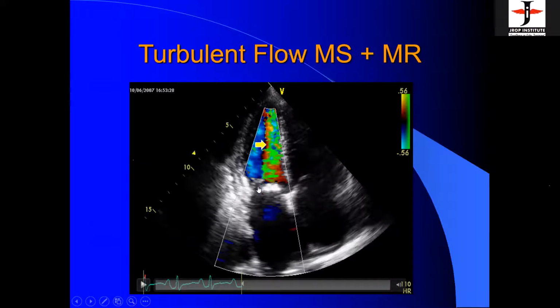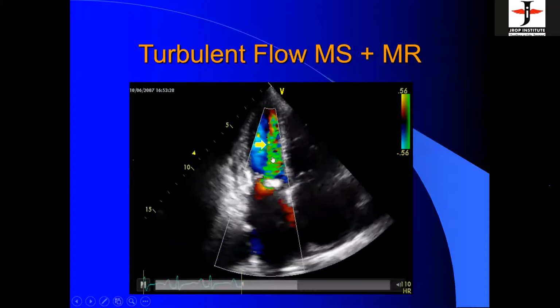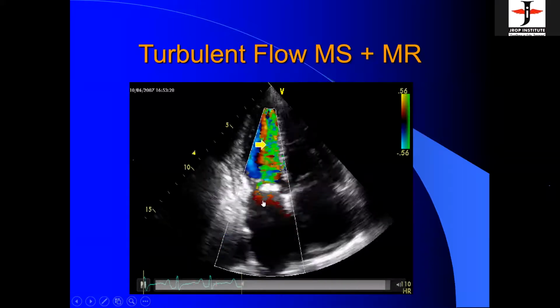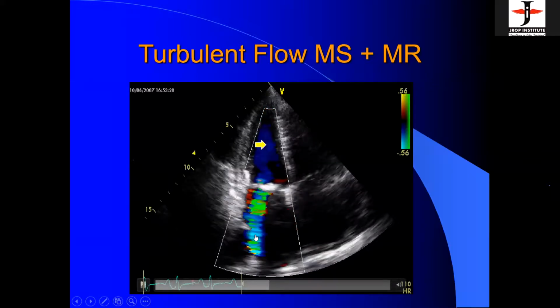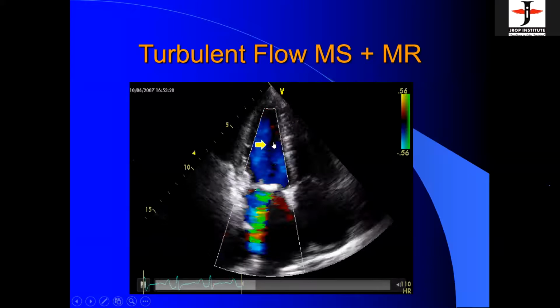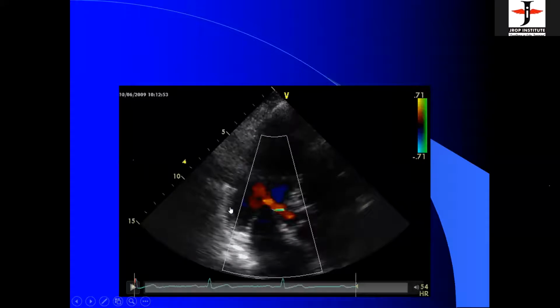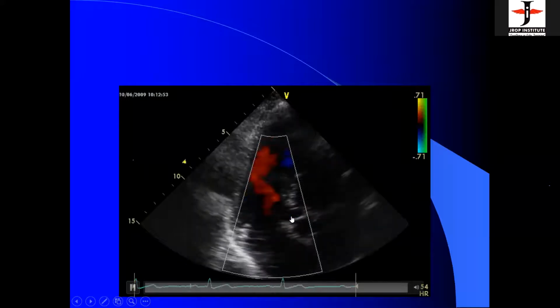Now, if the flow is coming back from the mitral valve towards the LA, that will again be a blue flow, and that will be a turbulent flow. For example, here you see a turbulent flow coming back from the mitral. So this will immediately tell you that this patient with mitral stenosis has also got a significant MR. So this is how to differentiate. Again I will show you, see a uniform smooth color, just red and blue.